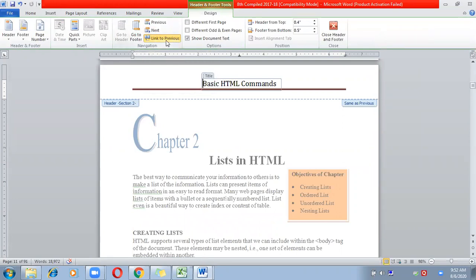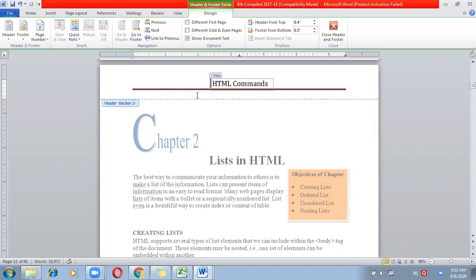By default it will already link your document with the previous page, but if you want to split it and divide it according to your sections, because as it is showing from here section 2 is getting started, so if you want to change this, then you can click on this button, link to previous. As soon as you click on this button, the link will get disconnected, and this page and the previous page are not connected now.